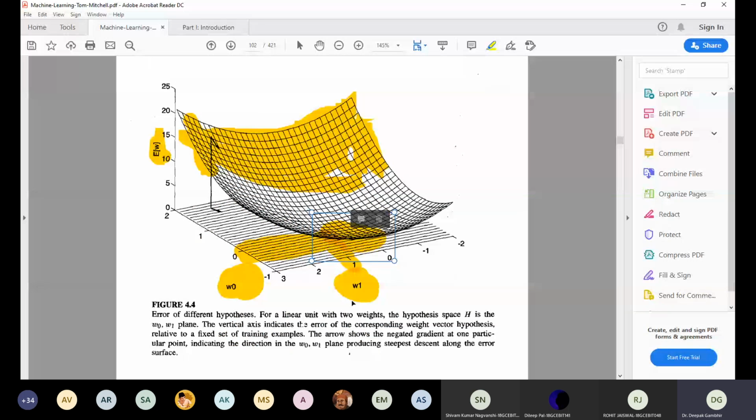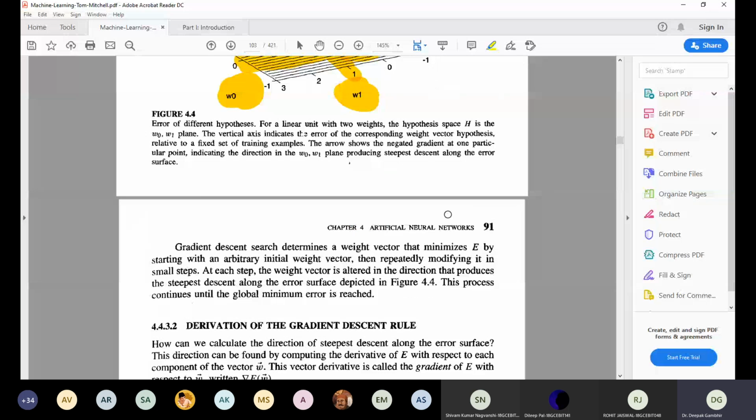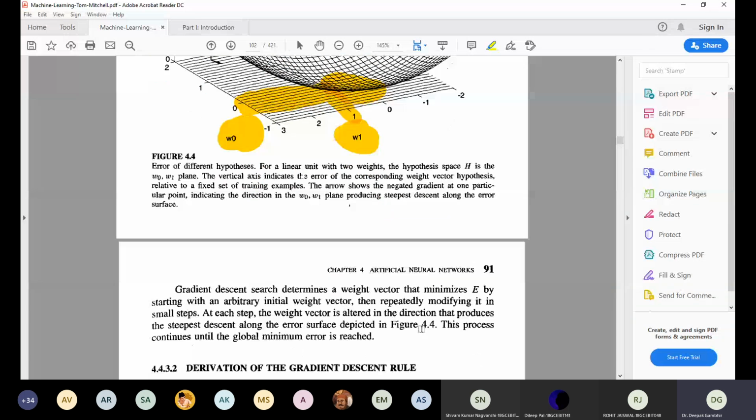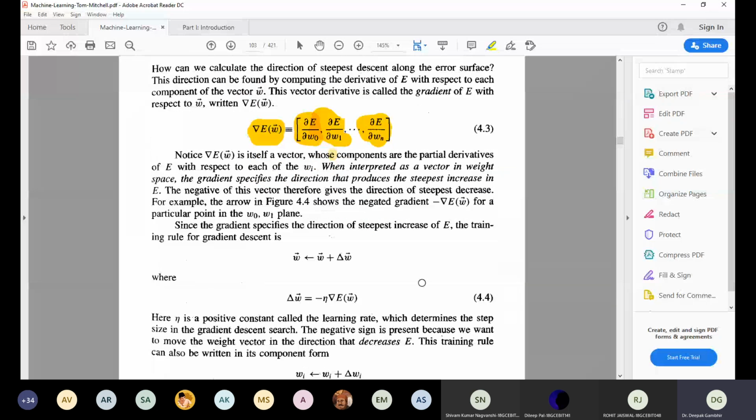So how is this computed? First the error vector is computed, then we take the gradient of it. That gradient is for each of the directions, that is for W0 and W1, or all the values. I have taken in the previous case two values to show a two-dimensional surface. It could be an n-dimensional surface, and our target is to have the minimum out of it, because the minimum value would give you the W0 and W1 or Wn, the minimum weights. Those weights provide the minimum error, where the difference between the targets and the outputs is minimal.